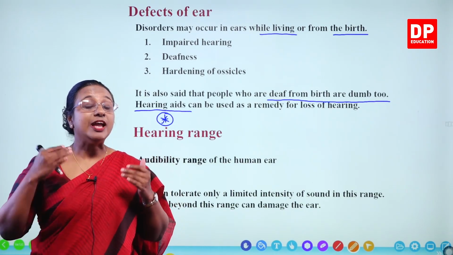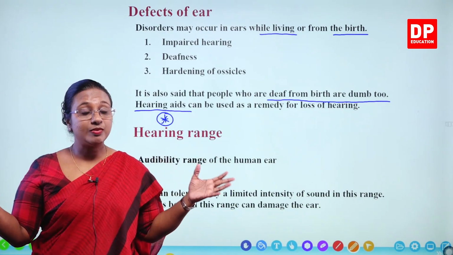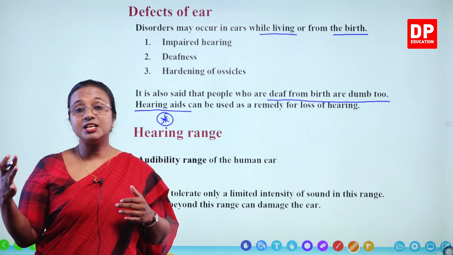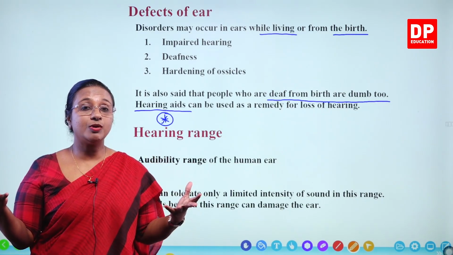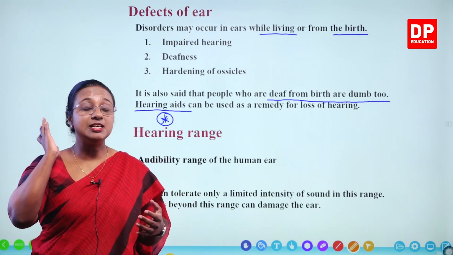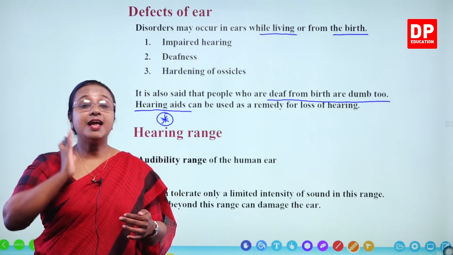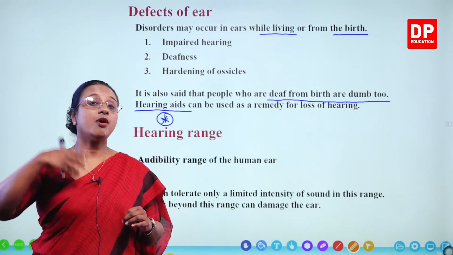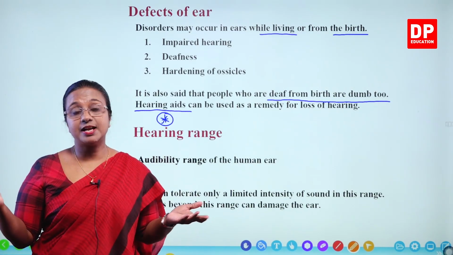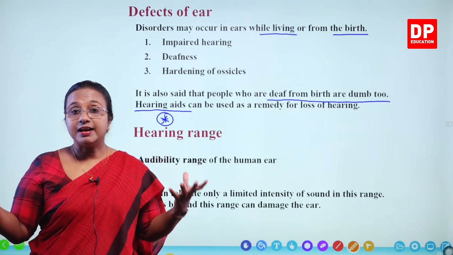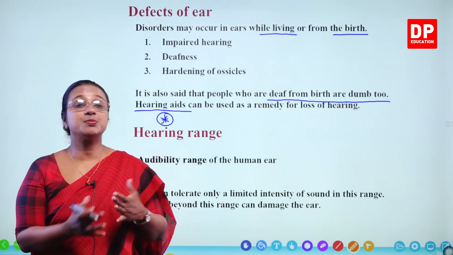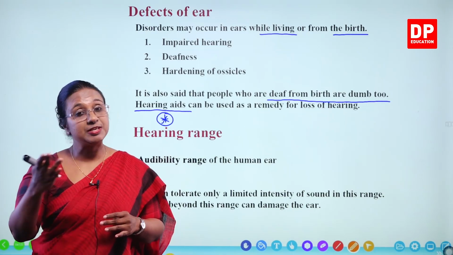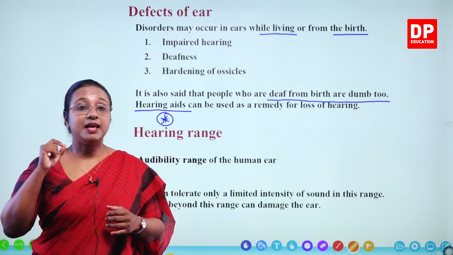Normally, when you are working in an environment where there is very loud noise, say a construction site or an industry where heavy machinery is working and a lot of sound is generated throughout the time, you will be listening to very loud sound throughout the day. That can cause problems to your ear, to your hearing. The same way, if you are exposed to a very loud noise all of a sudden, maybe an explosion or firecrackers, a jet engine, that can lead to a problem, especially the eardrum. The tympanic membrane can be